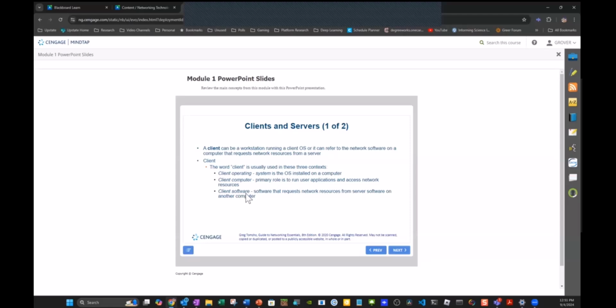And then you have the client software, which is software that requests network resources from the server software on another computer. So you have your client computer and your client software, which is specialized software that connects to a server computer and is specially designed for it. Think of Microsoft Outlook as